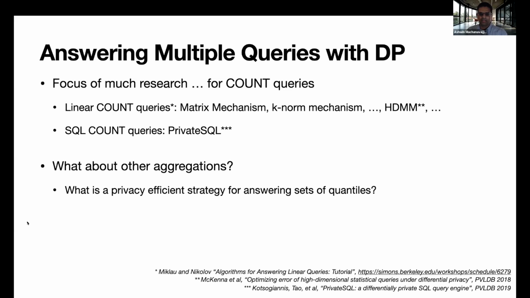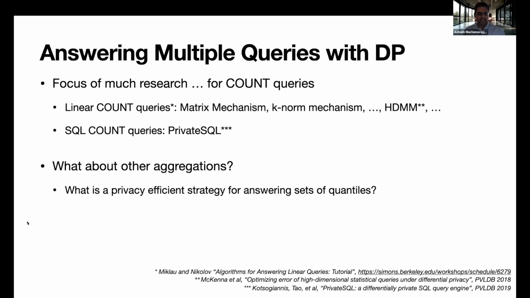And all of the techniques there try to take the queries that you have and identify a basis that you can answer efficiently and reconstruct your original queries from, right? There are many ways in which you can do it, and there are several state-of-the-art algorithms out there, some of which we developed in our group. There's also some work on more complex SQL-type queries that involve complex joins and self joins. There's been work on graph counting queries and so on. But most of the work has been on counts.